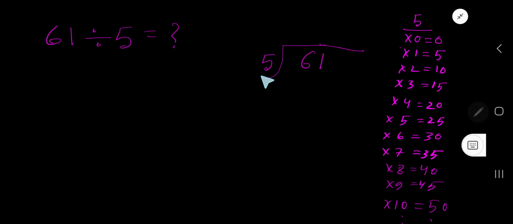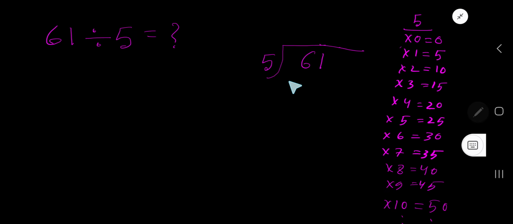61 divided by 5. Here 5 is a divisor, so we need the multiplication table of 5. 5 times 0 is 0, 5 times 1 is 5, 5 times 2 is 10, 5 times 3 is 15. To find the multiplication table of 5, just add 5 to the previous step. 0 plus 5 is 5, 5 plus 5 is 10, 10 plus 5 is 15, 15 plus 5 is 20, 20 plus 5 is 25, and